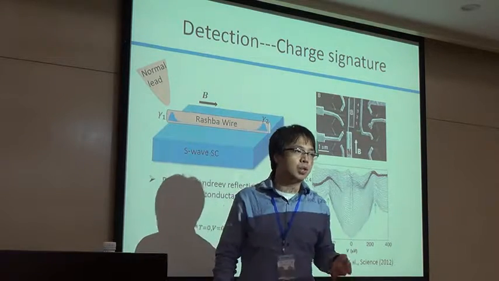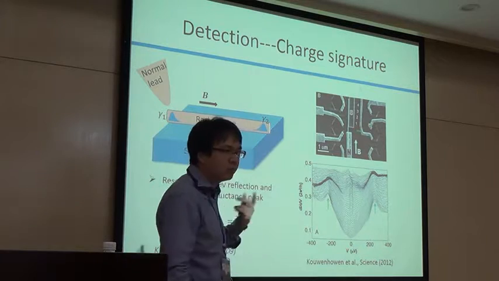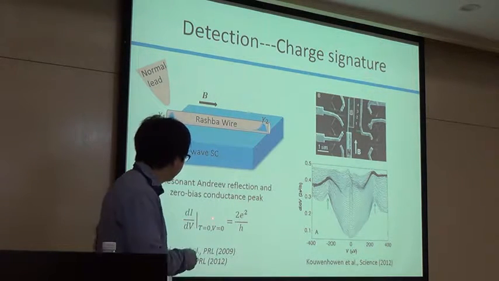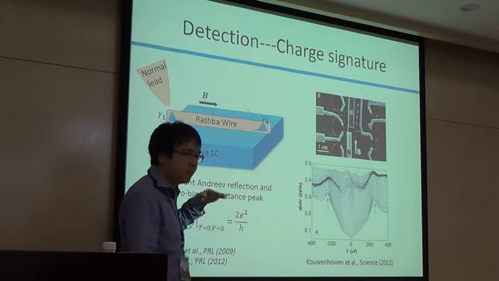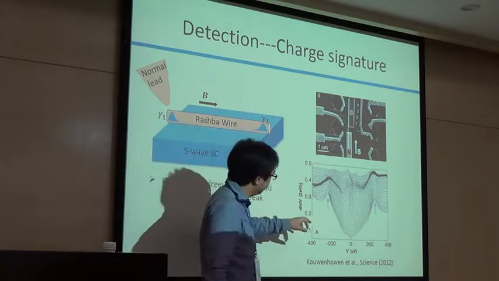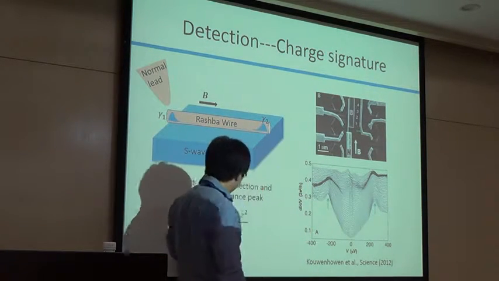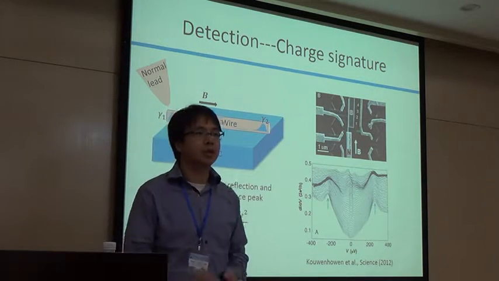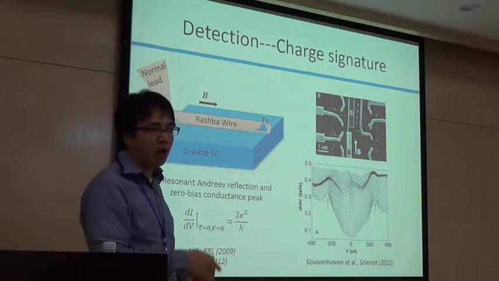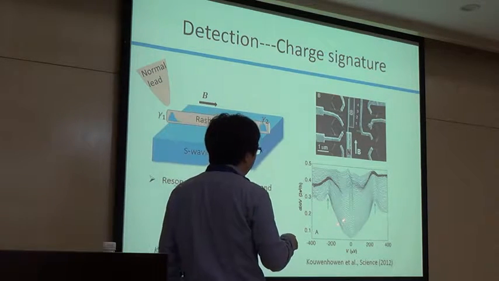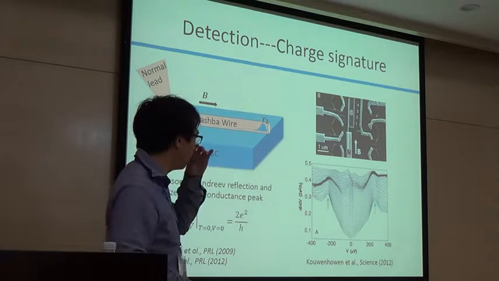This is partly due to the increase of the density of states at 0 energy. But there are some other reasons. Especially, it's not just the density of states, but also we predicted that at 0 temperature, this 0 bias peak in dI/dV is 2e squared over h. So it's quantized. The 0 bias peak is actually quantized. So when you do the tunneling measurement, you see that you have a 0 bias peak which is quantized. Of course, at finite temperature, the peak should be lower.